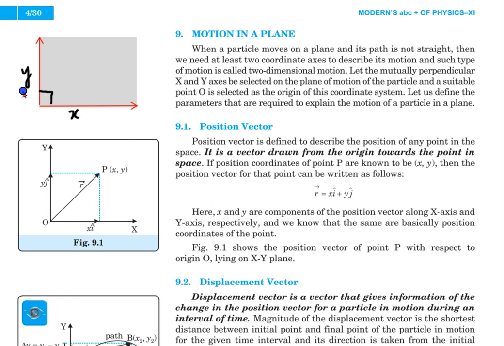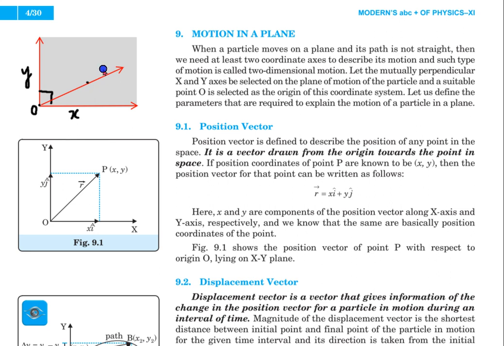X and y are perpendicular to each other, and if a body moves in a straight line along this direction, if this is the origin, at t equal to 0, that is initially, a body is at the origin, that is the distance or displacement along the y-axis is 0 and x is also 0, and after some time when a body reaches this point,